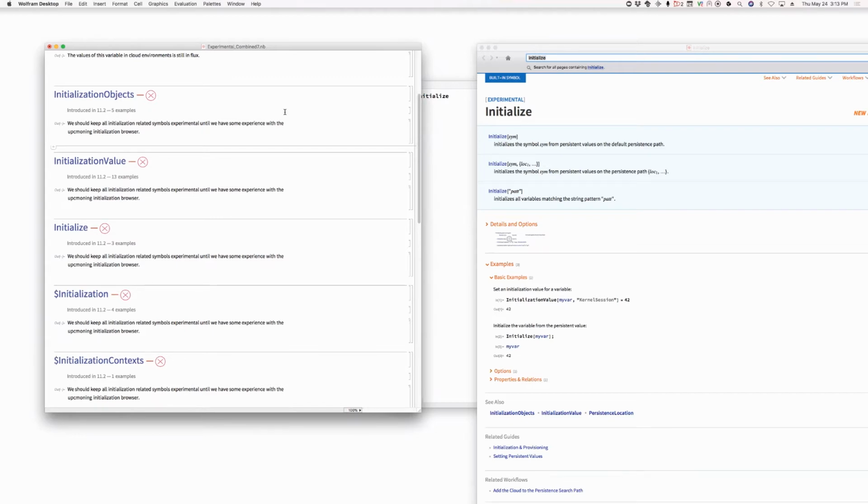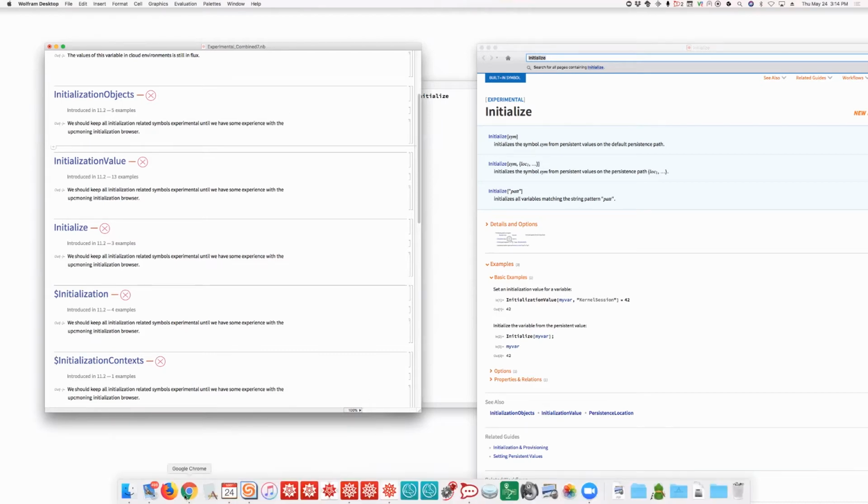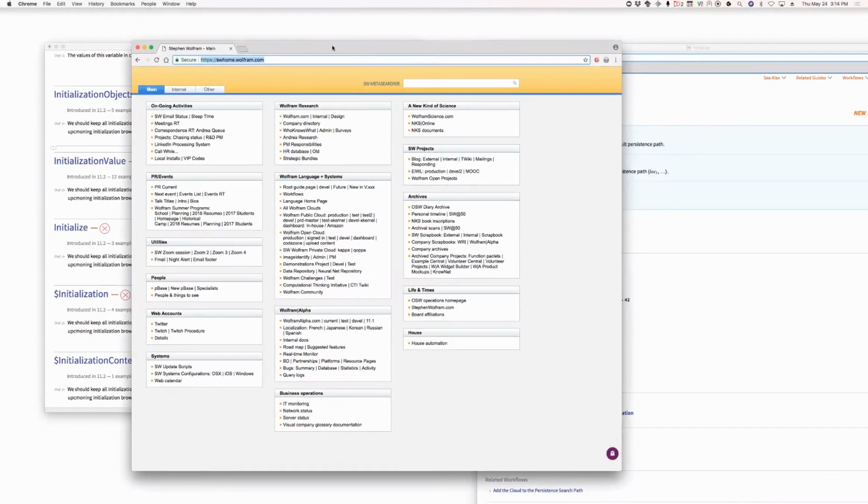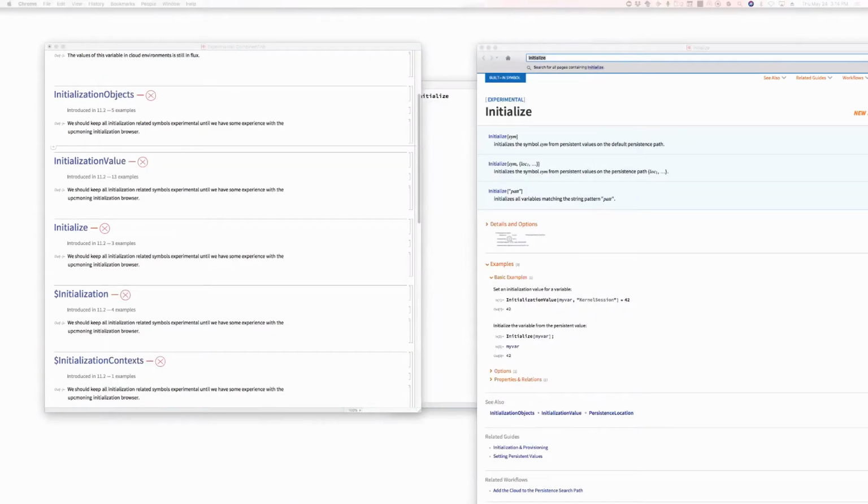I suspect it should be in preferences, but the way that preferences work has not been uniformized between the cloud and the desktop. Well, actually, I've never tried to use the preferences in the cloud, but you are right, they don't work the same way. The preferences in the cloud are much more modern in some ways, but they're not as large and complete as the ones in the desktop.